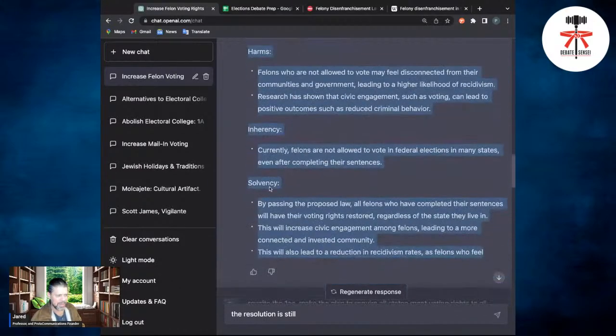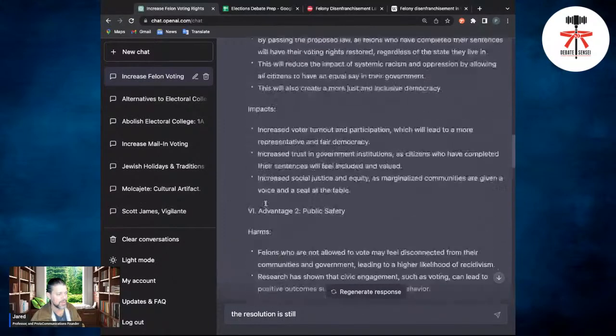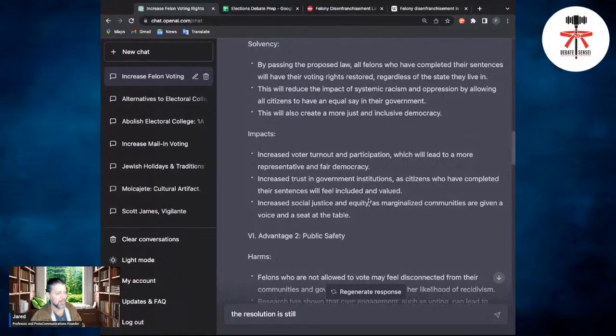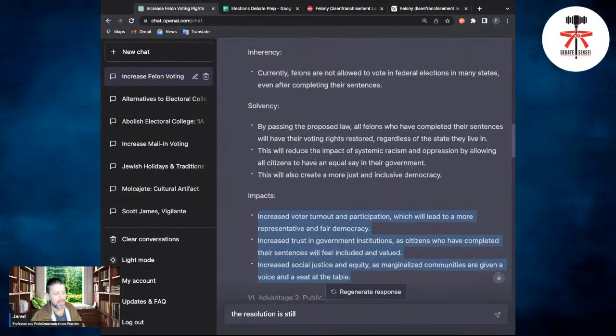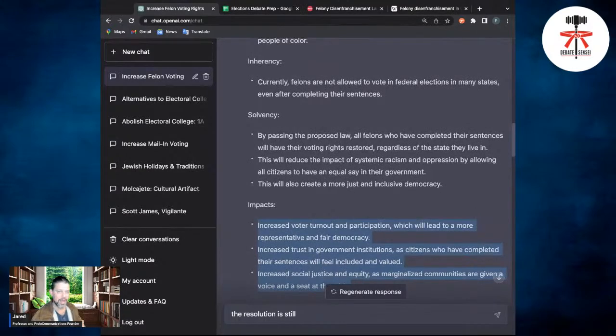I also want to point out that it didn't have any impacts on the last one. So the impacts are supposed to be how you weigh each of the advantages. Why or how significant are they? You can find their significance in the impacts. Okay.